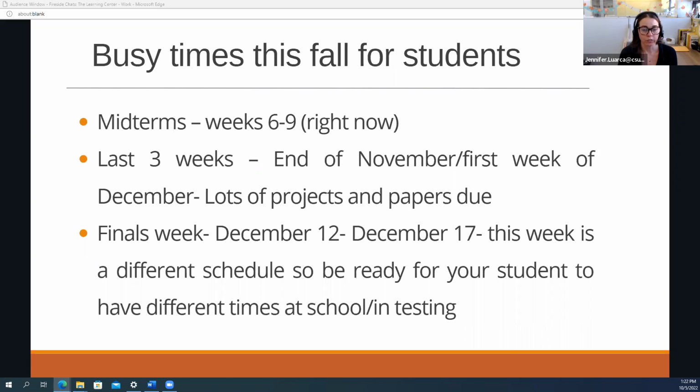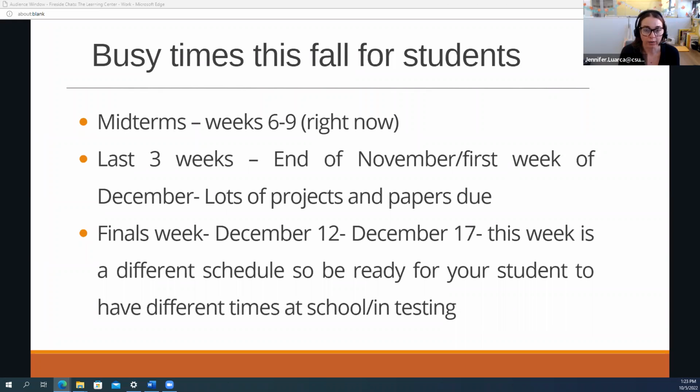And then we have finals week starting December 12th through the 17th. So Monday through Saturday. Keep in mind, this week looks different than all the other weeks that they've had. We don't run a regular class schedule that week. Instead, each class gets 2 hours of time for their exam, and that's based on a schedule that you can actually find if you Google final exam week schedule at Cal State Long Beach. You'll see, usually if it's a Monday, Wednesday, 8 o'clock class, then the final will begin on one of those days, and it may begin at 9 or it may begin at 8, and go till 10, or there's a lot of different structures to that week.